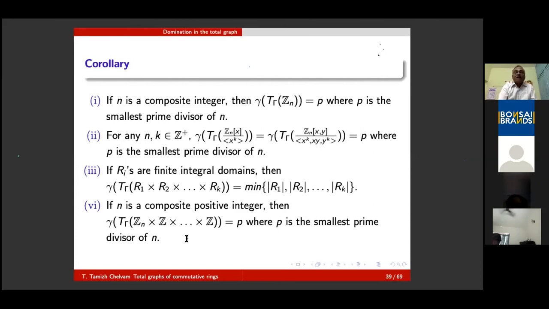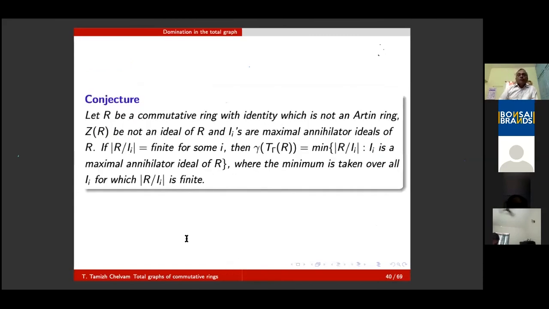So with this, we have got a conjecture. It was posted by us in Communications in Algebra 2014. Still it is open. We could prove that this conjecture is true for finite Artinian commutative rings, of course finite, local, Artinian commutative rings. So this conjecture is open for an infinite non-Artinian commutative ring.